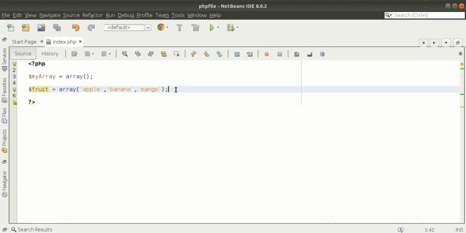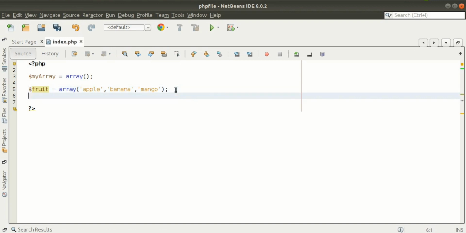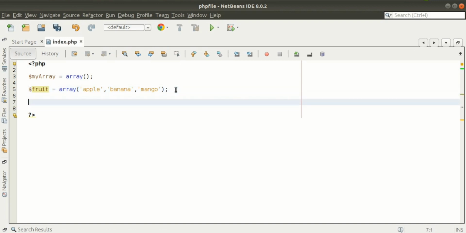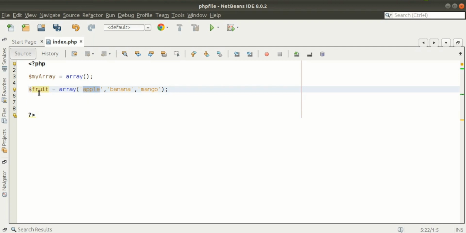So first, index array. This type of array is automatically assigned index. For every value in an array, the index always starts with 0 position. So here we have not set any index for this. So this fruit array is an index array. So if we print that array, we can see the index and the value. The value means apple, and as it is an index array, automatically it creates an index.